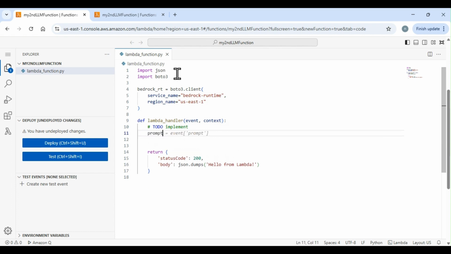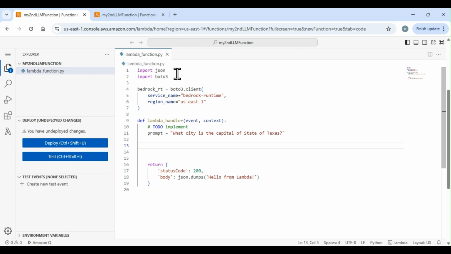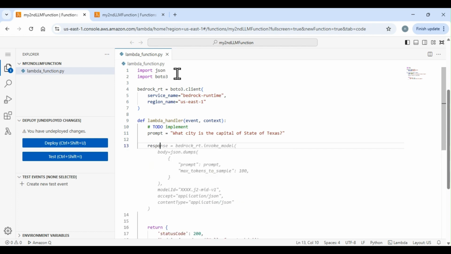So we'll hard code our prompt here. Texas. Okay. And now, to be able to execute, we'll have to send in some parameters to invoke the model. And so we'll say response, invoke model, and so we are sending the prompt, max tokens to sample. I think for the model that we are going to use is